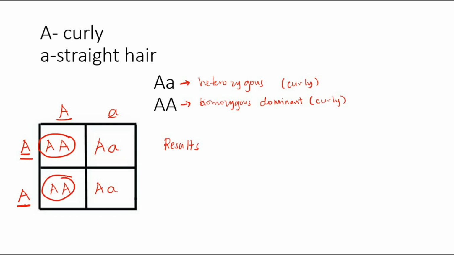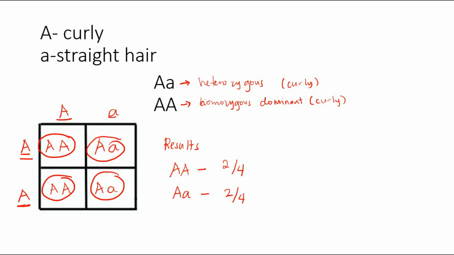So for the results, we get this data. You have 1 and 2. So you have 2 homozygous dominant, AA, so that will be 2 over 4. And we also have the heterozygous, Aa, that will be also 1, 2. So that's also 2 over 4. So these fractions will give us the probability of these parents having offspring with the same traits